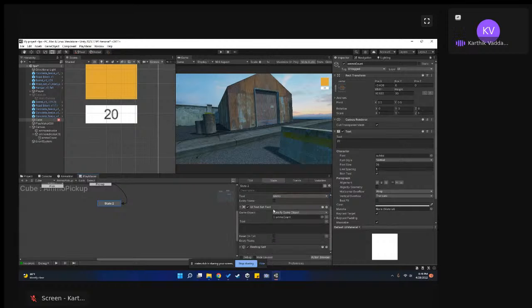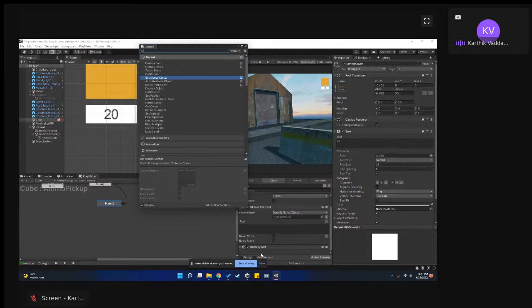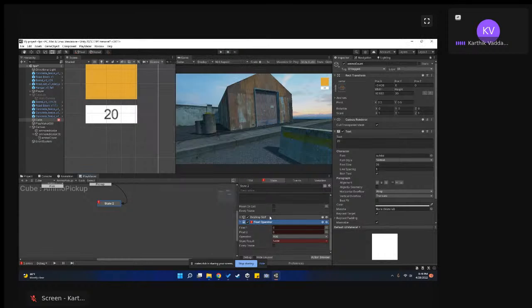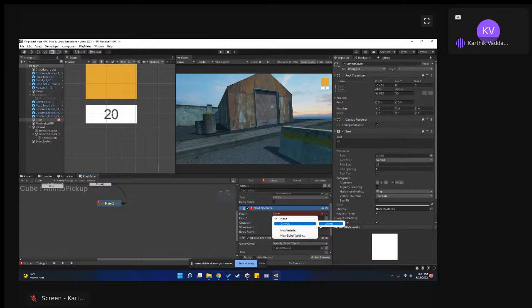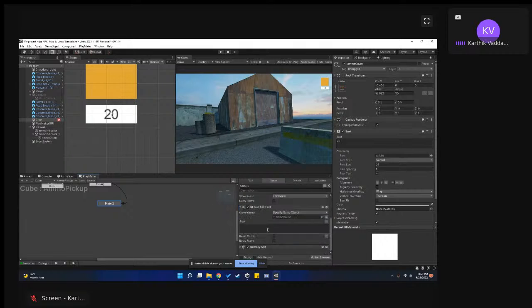So we'll get the text and we'll do a float operator. And this can be easily done in C# way easier, but there are some places where Playmaker wins over just because the rapid prototyping elements are better. And let's say we need to add like 50 ammo. We'll start it and we'll store it as, and this is going to be